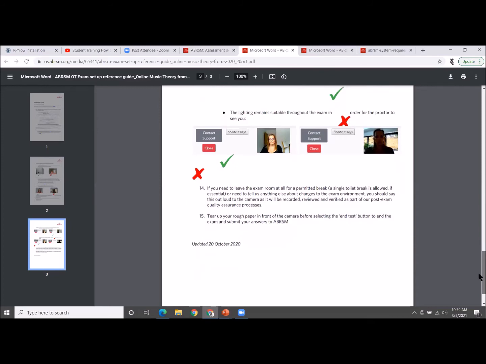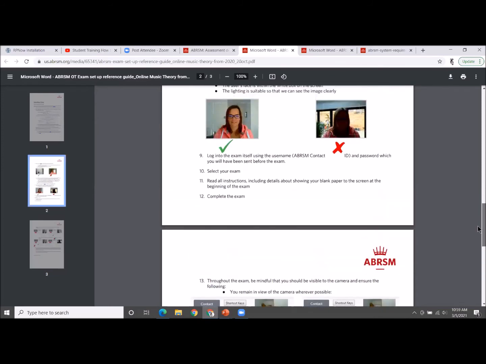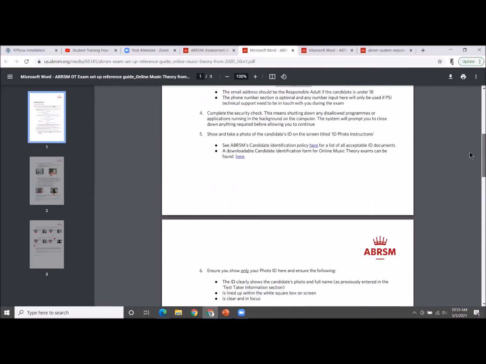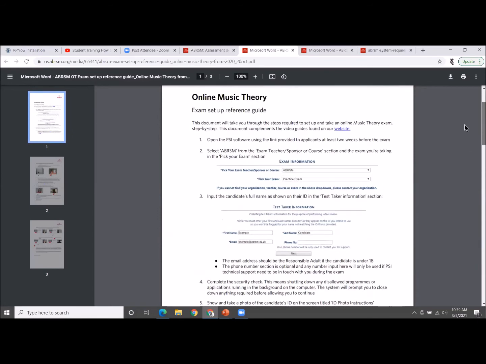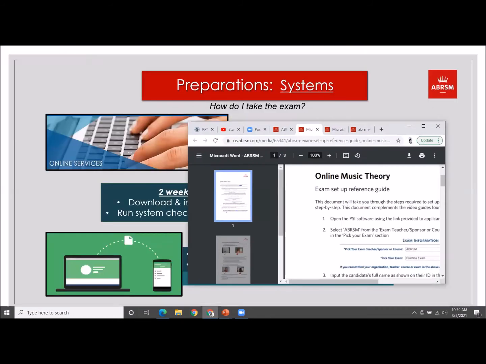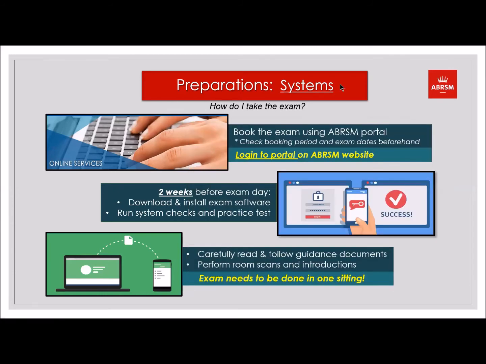So the room scan, which is explained in this document, is something that you do before the start of the exam, and you do need to show that there is nothing in the room that denotes that you're attempting to cheat or anything like that.